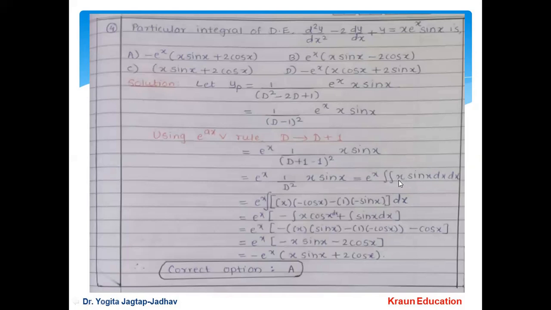Using the generalized by-parts rule, you have to assign x as u and sine x as v. First function as it is, integration of sine x is minus cos x, alternate minus sine. Then derivative of x is 1. Integration of minus cos x is what? Minus sine x. Okay. Once again, just separate out this integration for each term. We have this kind of arrangement: e raised to x minus integration of x into cos x dx minus minus plus integration of sine x dx.